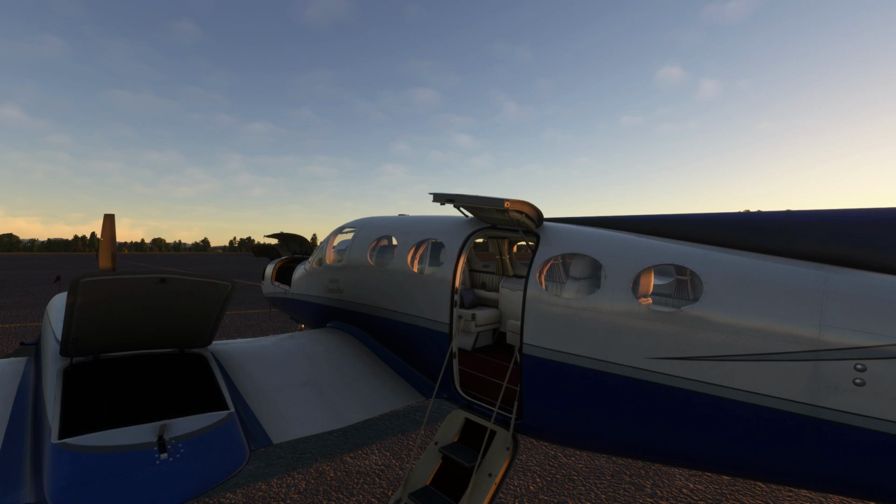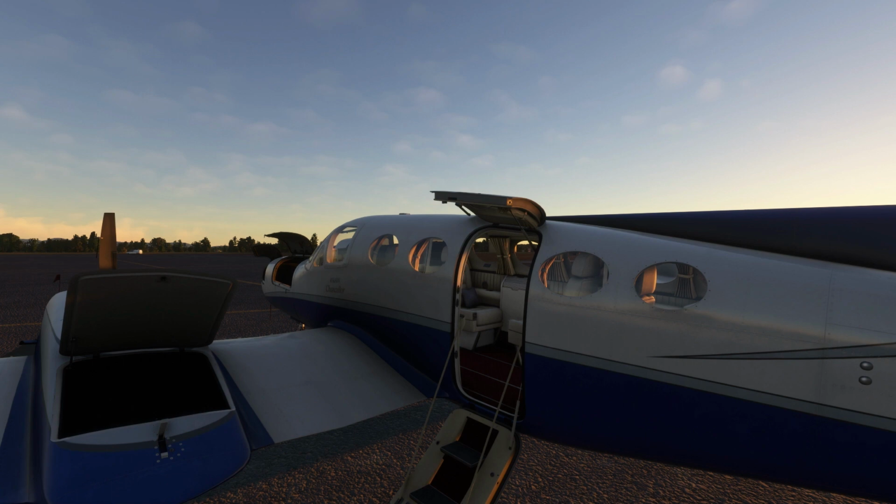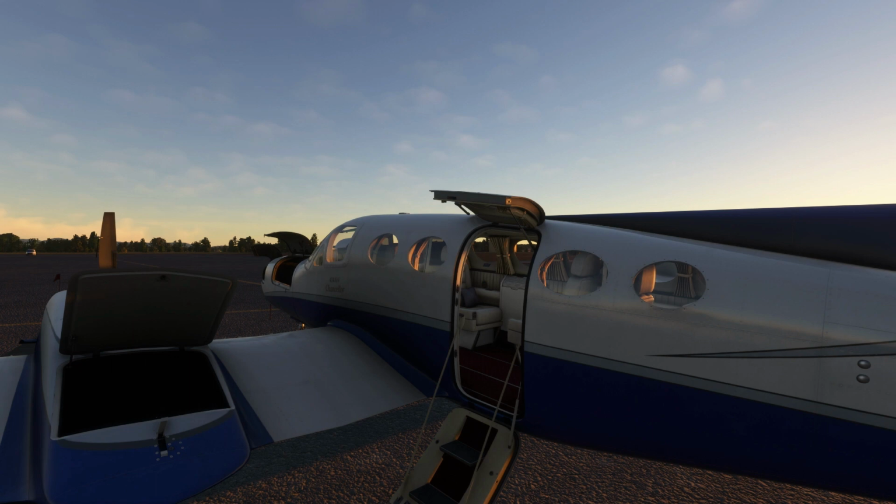Hi guys, here we are in another MSFS flight. This time we're taking the Chancellor, the Flysimware Cessna C414 from Maribor in Slovenia to Innsbruck in Austria. It's about a 200-mile flight plan,